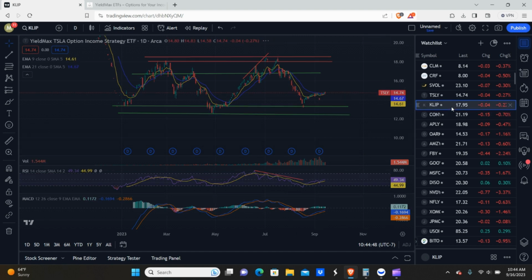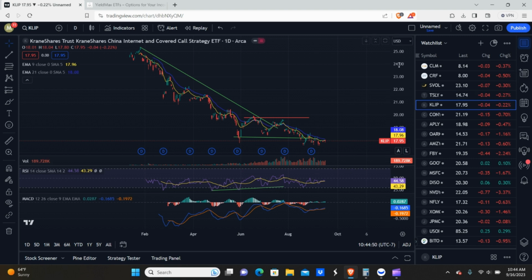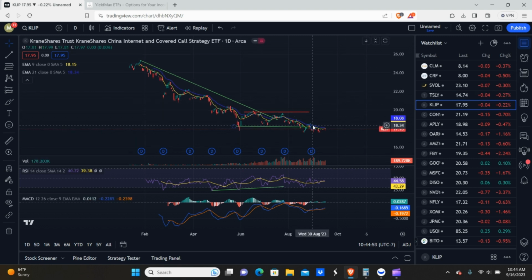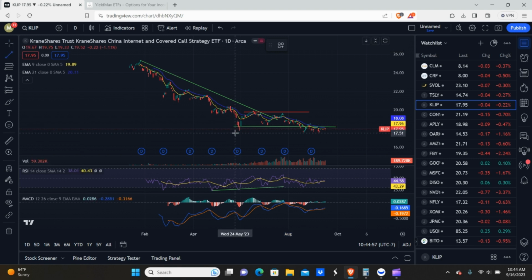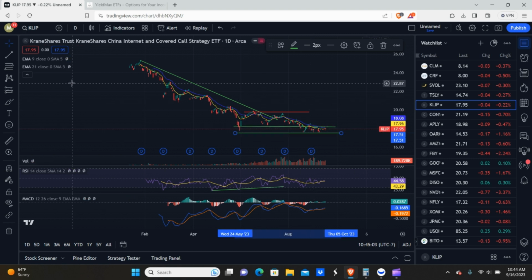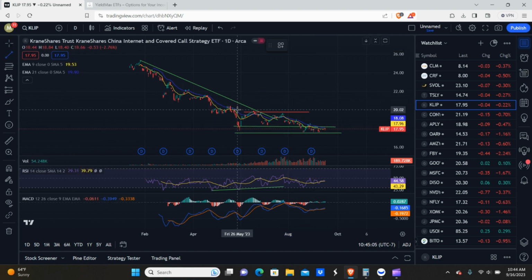So we're going to take a look at another example. We'll go to clip here. As you guys can see, pretty much got the lines drawn in here. You got your support level. So you can buy down here basically between 1750 to 1830. Maybe be looking to sell if you really want to. I would say probably somewhere between